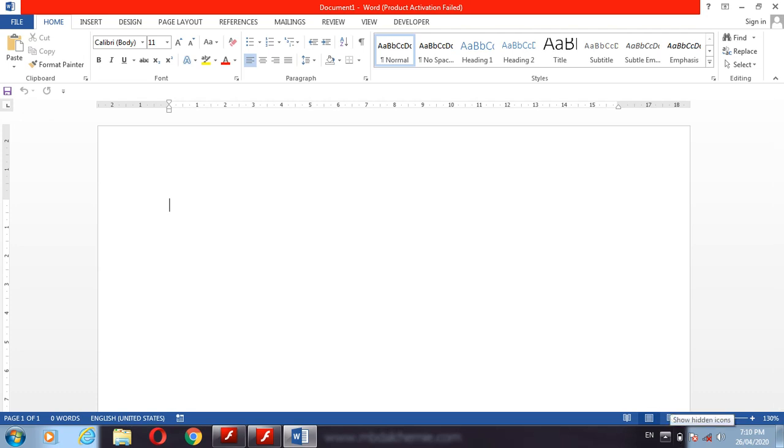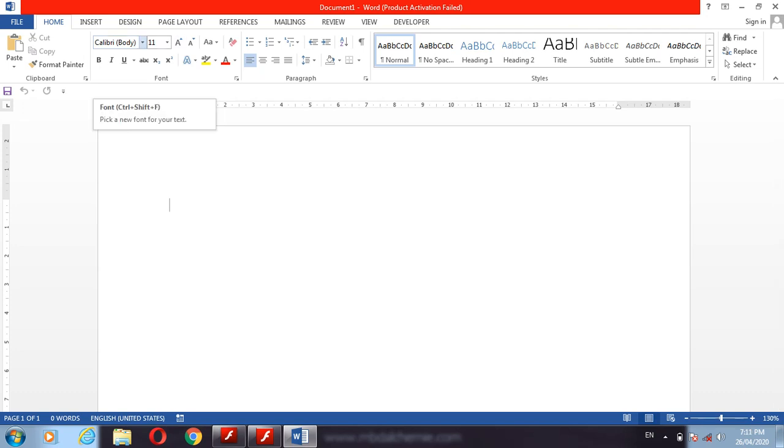In this screen, we have to change the default setting of here. You can see the mouse pointer. The mouse pointer is moving here. This is the font tab. Here the font tab. See, here are the default setting, Calibri body and 11 points.